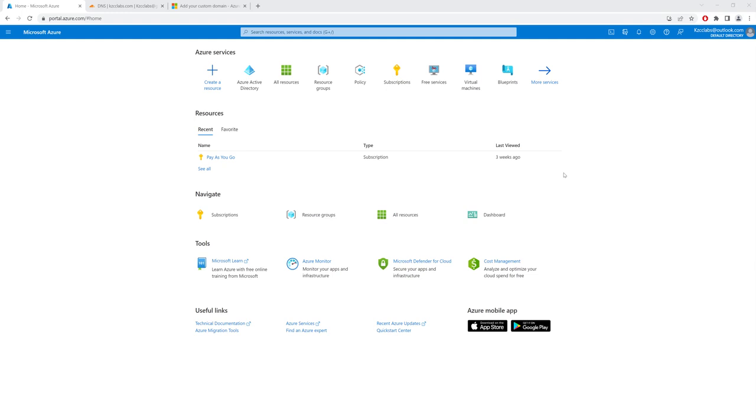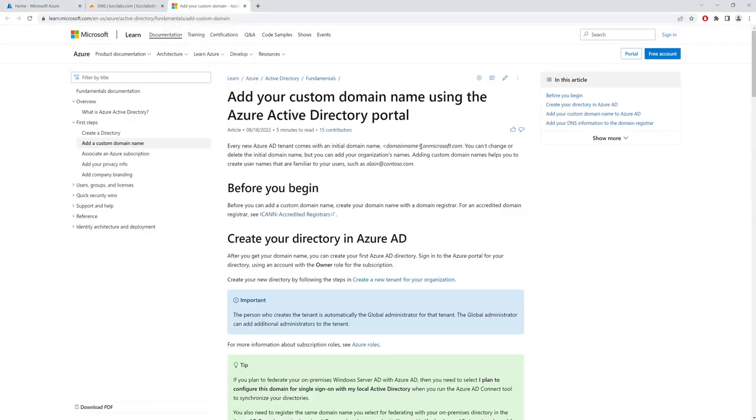When you create an Azure account, you have a default domain name. That domain name is represented with .onmicrosoft.com. In case you want to add your company domain name, you would have to add a custom domain name. In today's video, I shall show you how to add a custom domain name and not have the default onmicrosoft.com domain name. In preparation, I would highly recommend that you already have a domain name that is purchased from domain